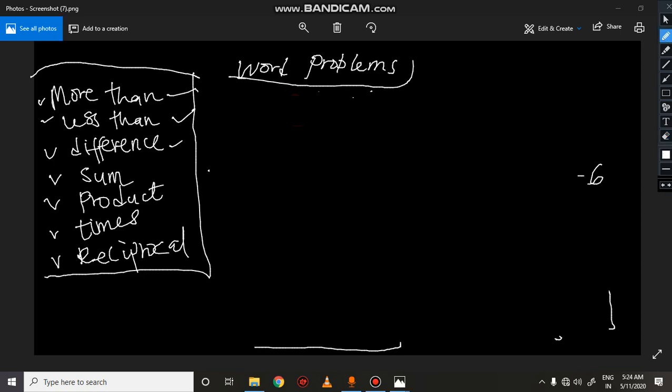Whenever you hear the word difference in maths, it means minus. So in a word problem, when you hear the word difference, write your negative sign before you start reading the rest. So maybe the difference between